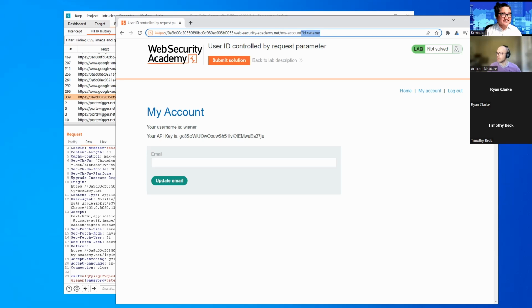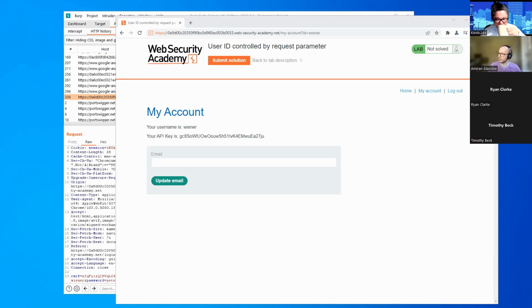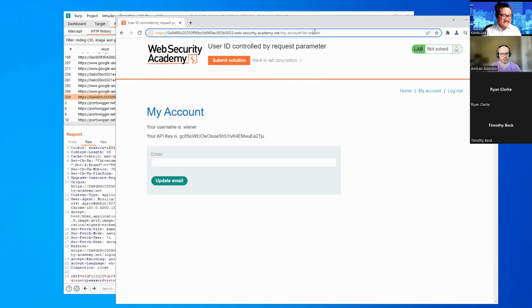If anybody has any suggestions in chat, you can go ahead and type them into chat now. We know that we want to access Carlos's user data, and you see that the app is taking the name of users as a value for the ID parameter.